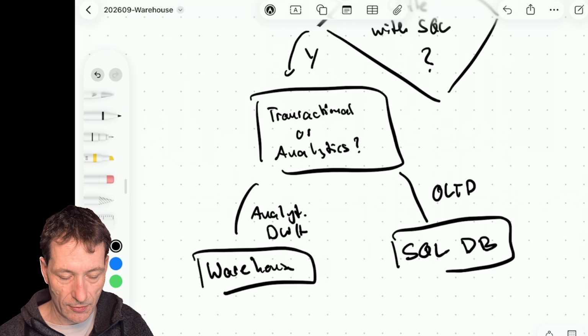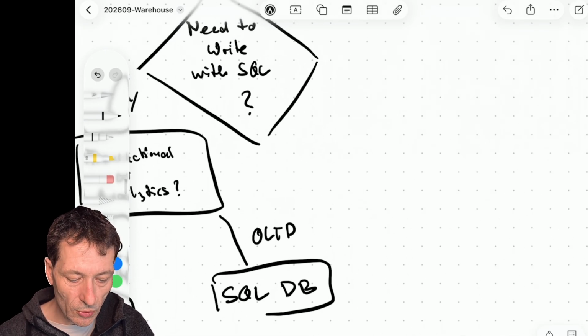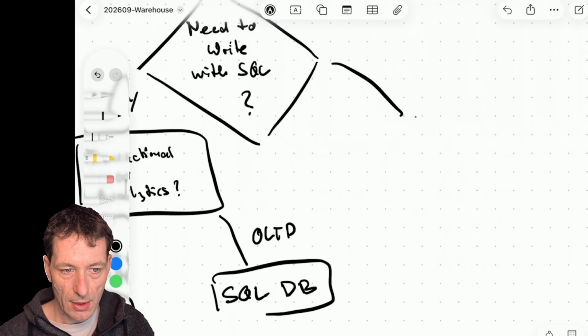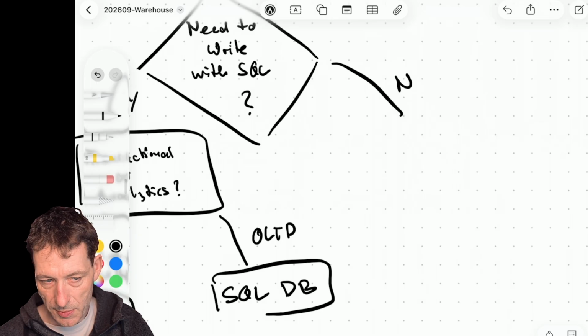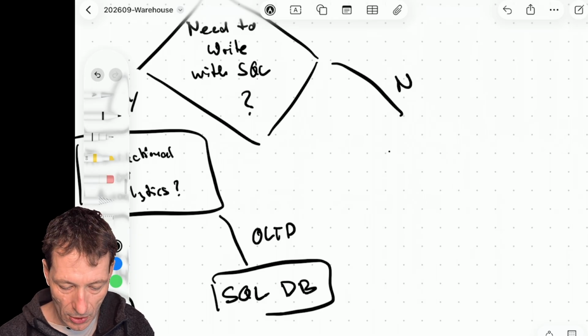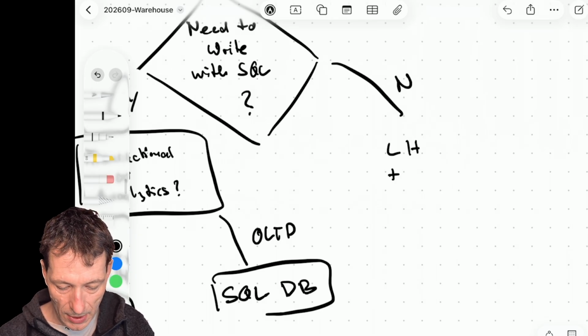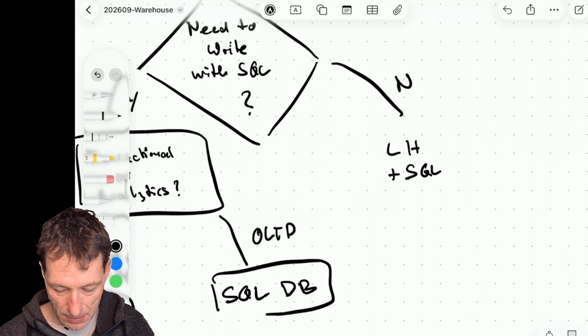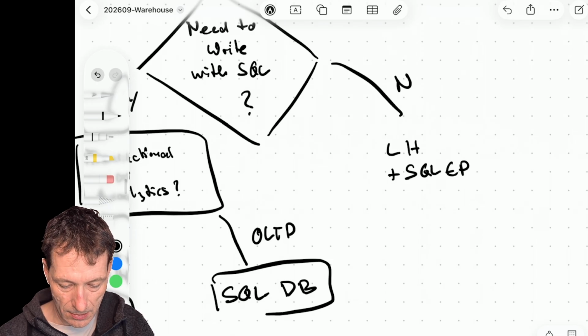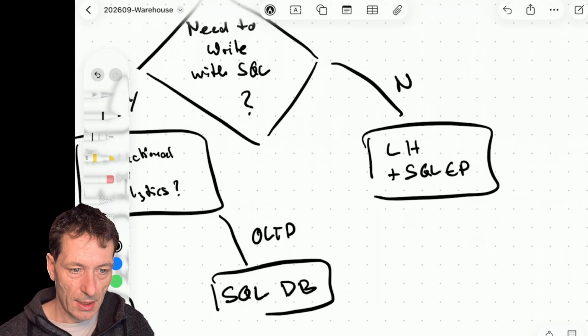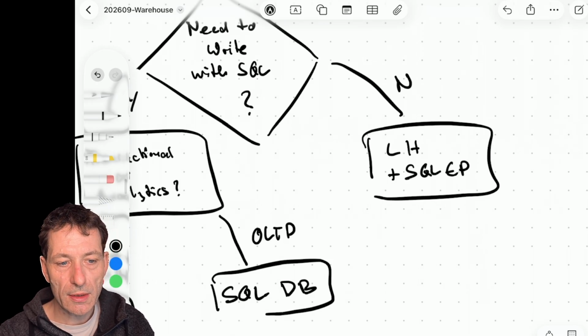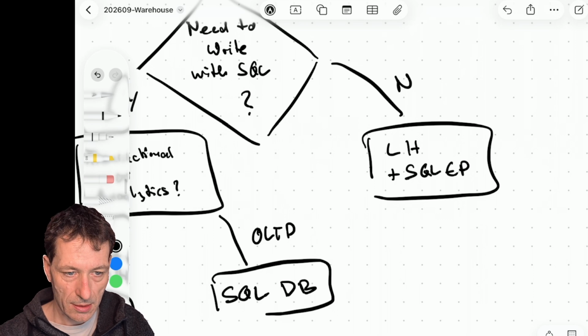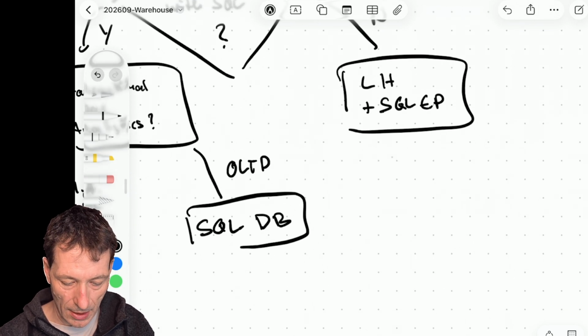SQL database in Fabric. When you don't need write access with SQL, you can go with Lakehouse plus the SQL endpoint. When you need Spark ML,